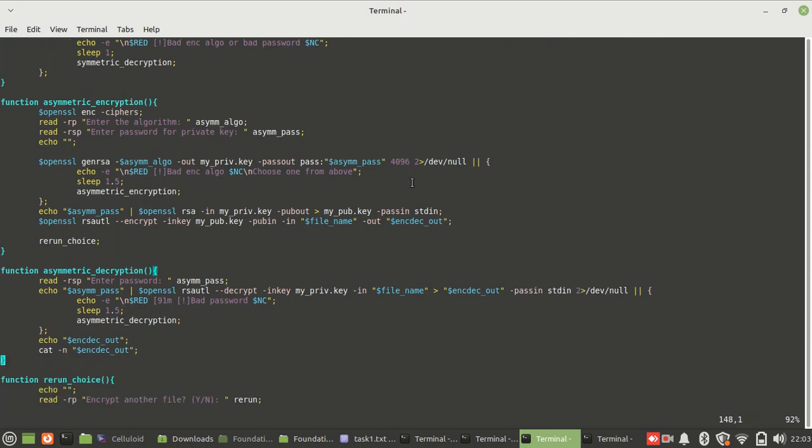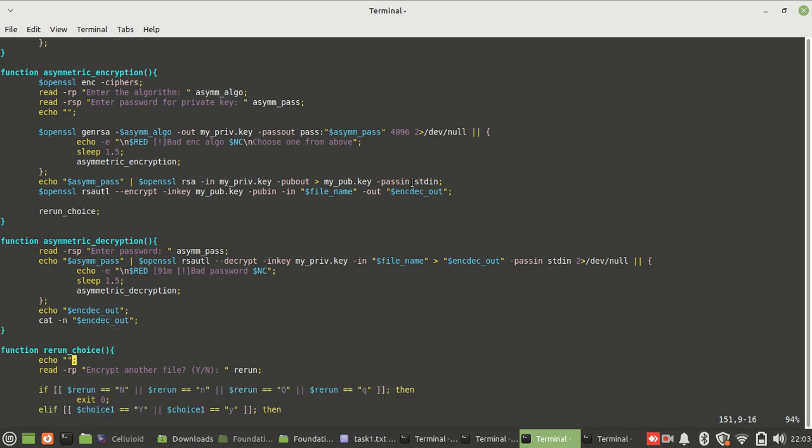After this, we have the same thing, a function called asymmetric decryption. Same thing, we need to apply a password. After applying the password, we have the echo function like this, and in the asymmetric decryption code we have entered the file name and the asymmetric file name where the asymmetric decryption key will be stored, and again this will display bad password or something else, and again it will hold the screen for this. Now asymmetric echo, this will display, and we will do cat -n, the same file, and we have the last function